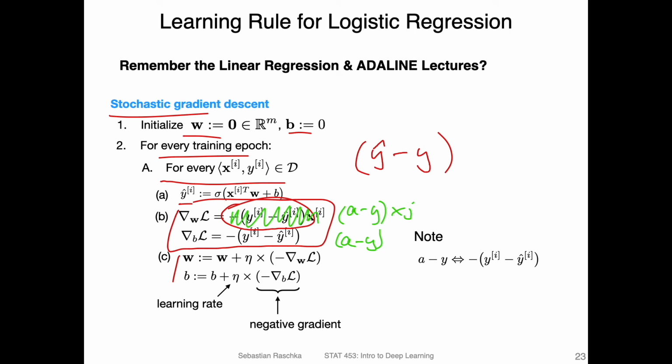What's the difference now? Why is this a logistic regression? Well, the big difference here is that A is computed differently. A is now computed via this nonlinear function, whereas for linear regression, or Adeline, it was just computed as the identity function. So in the case of Adeline or linear regression, this was the net input. That is again why I said it has nice derivatives, because we don't even have to change our learning rule. The only thing we have to change is how y hat, or basically A, is computed.